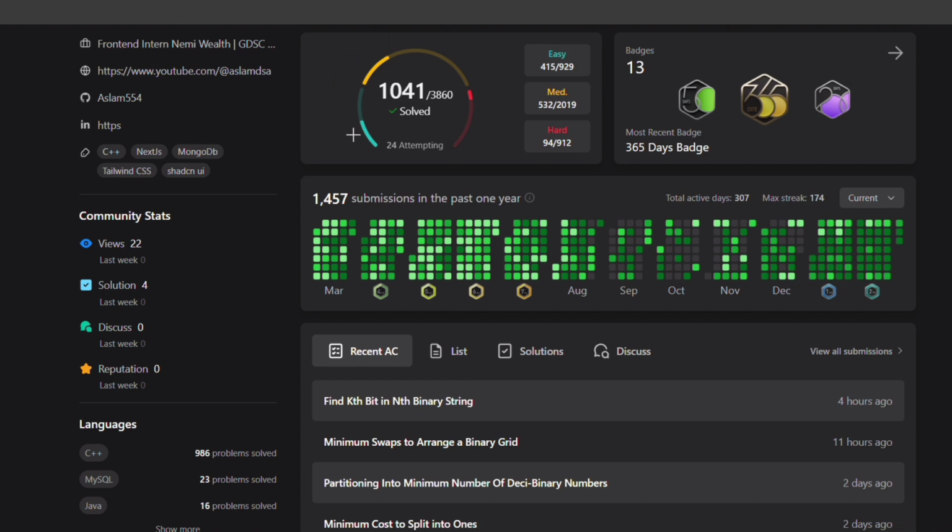And this is my LeetCode. You can see a total of 1041 problems I have completed, out of which 415 are easy, 532 are medium level, and 94 are hard. 13 badges, and this is my consistency graph. You can see I started 1.5 years ago, and in this last 1 year I have been grinding very hard. So make sure to